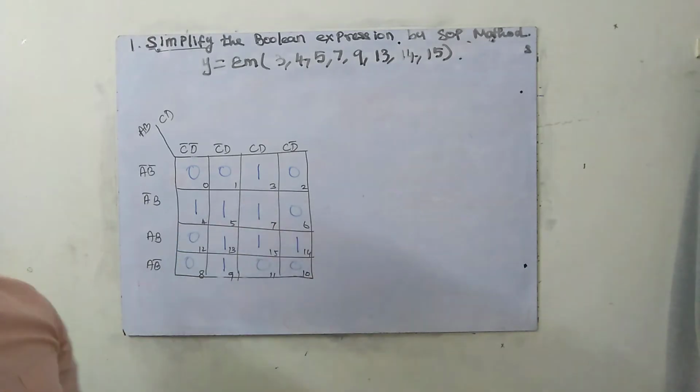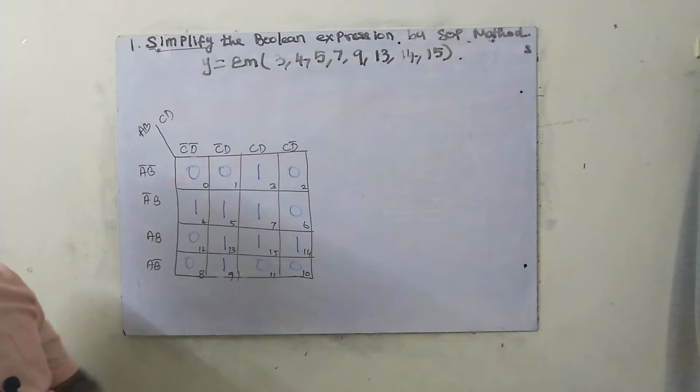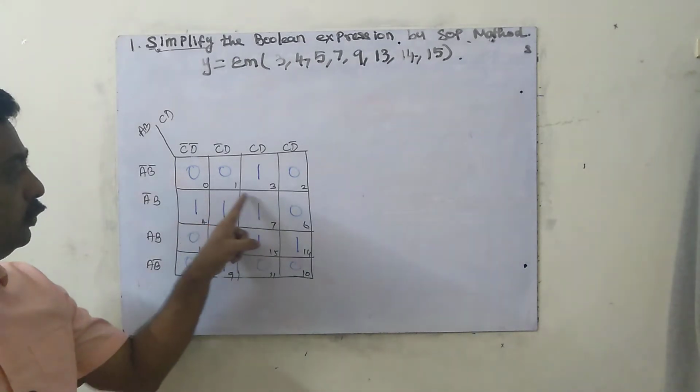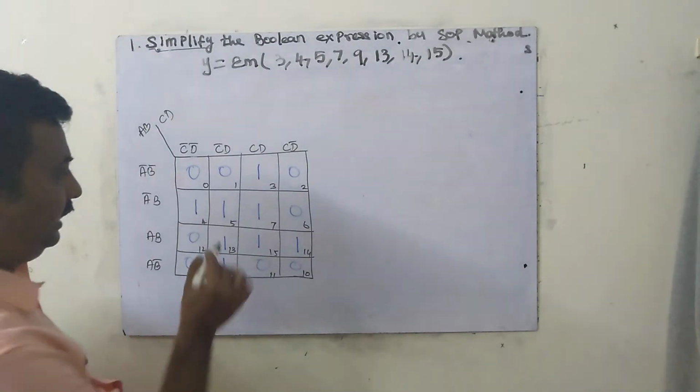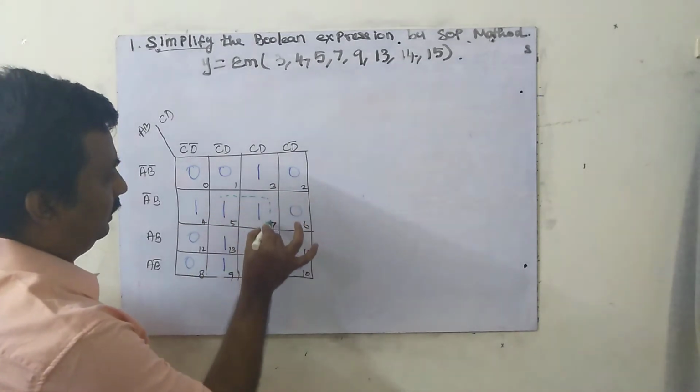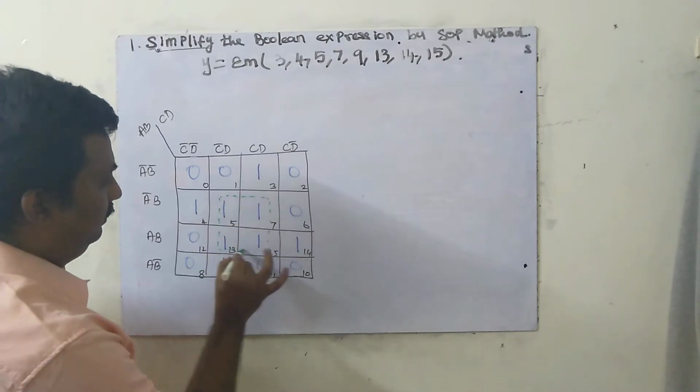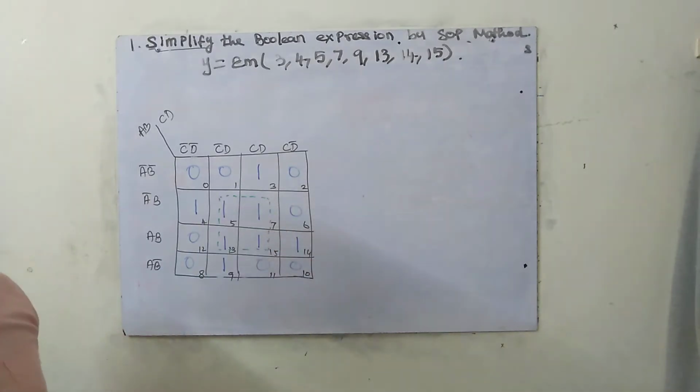Next we have to check 8. Is 8 possible? No, 8 is not possible. 4, yes, 4 is possible. But here this is a very interesting problem. We should not box 8. Why? Because suppose I am boxing like this, I can box, but even if I box this, like this, okay.